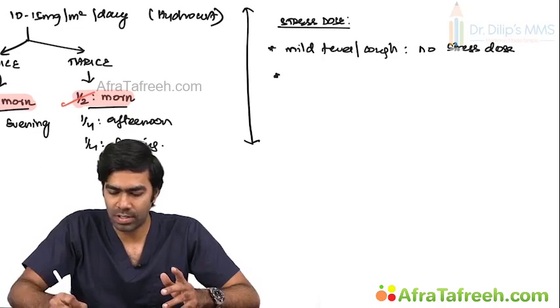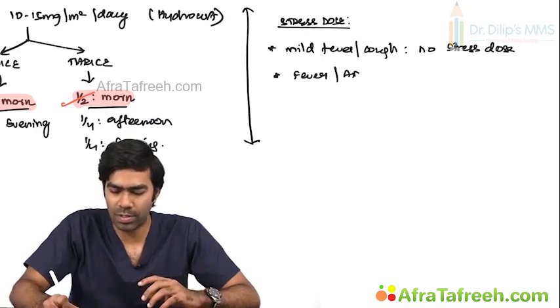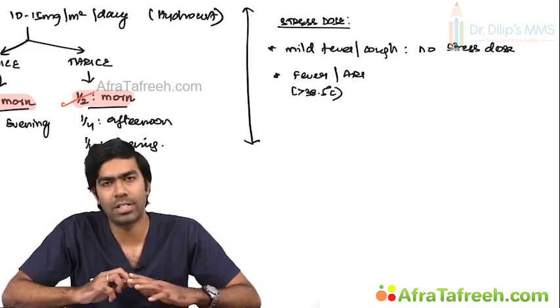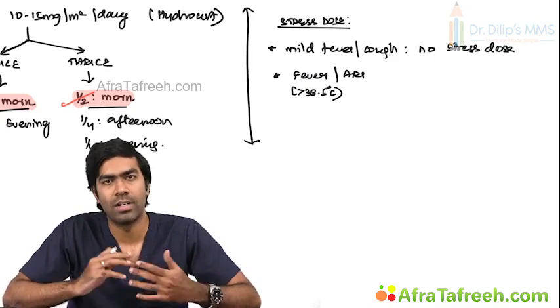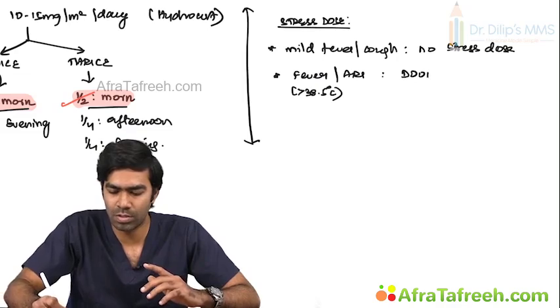If the patient is having a significant amount of fever, in the sense of more than 38.5 degrees C, or if the patient is having acute respiratory illness, which is very common in children, like pneumonia or other viral respiratory illness, then in these conditions it's better to give double the dose of what you are giving already for at least 3